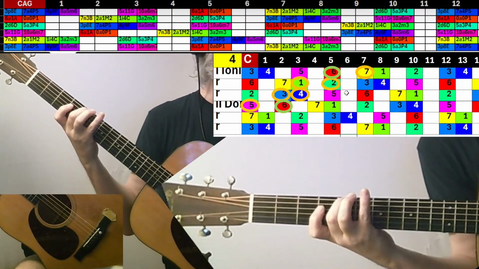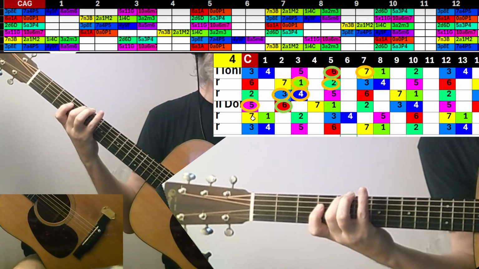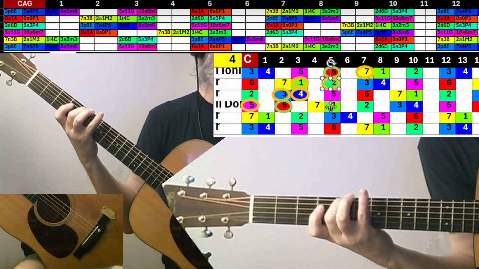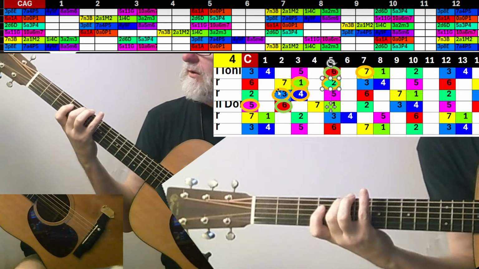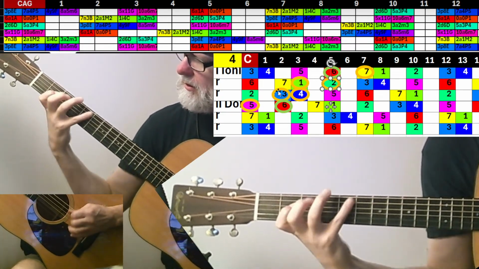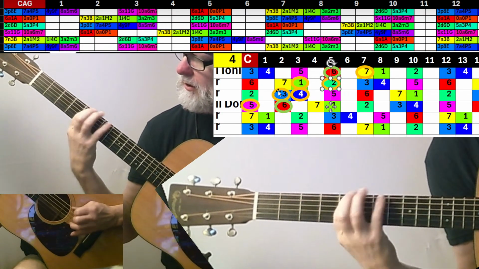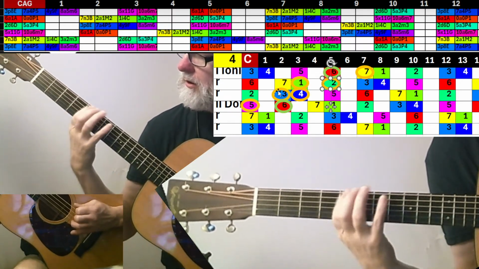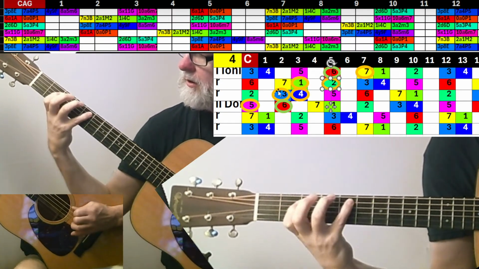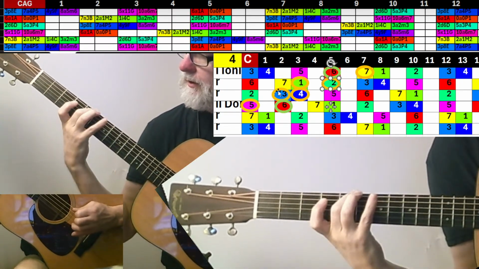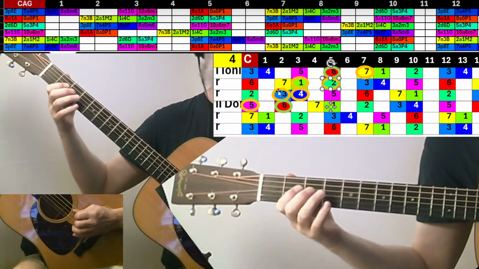When I'm reaching back up this way, I could reach with my pinky to the far note so that I reposition. So then I can walk up without leaving my fingers.